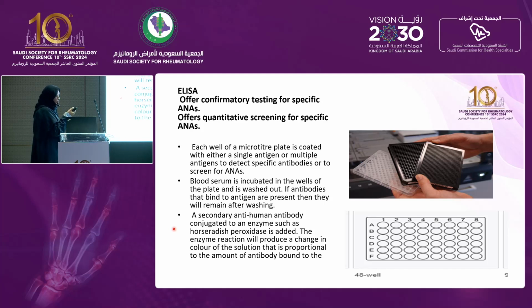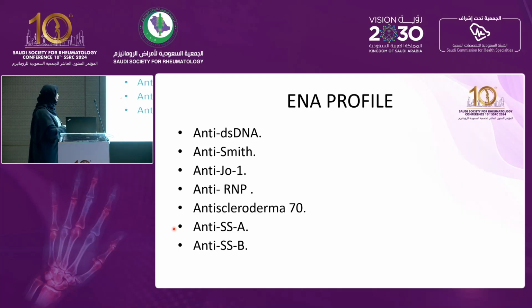It is a plate with a lot of micro holes. Again, the holes are coated with antigen, and in each one of these holes they will put the serum sample from the patient, and then according to the reactivity, again an antigen-antibody reaction, it will not be washed out, and then they will put a certain dilution according to the dilution the technician did, so he can give you the figure of the